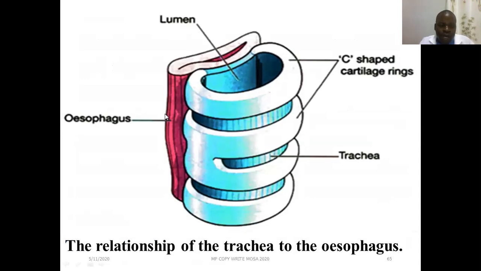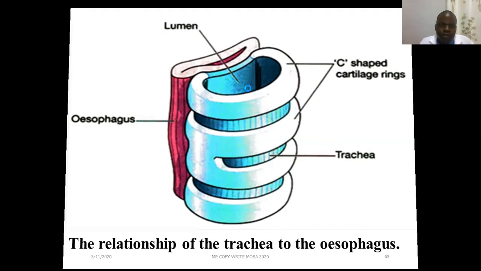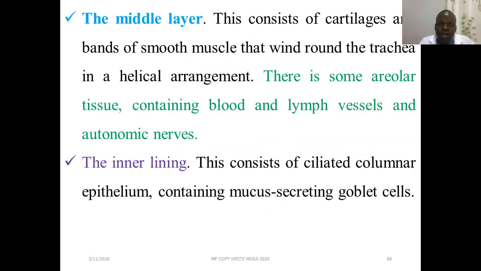So you can see that that is the lumen of the trachea. You have the esophagus. This esophagus, that's where food passes. And this is for air. Then you can see that this is the trachea. These are the C-shaped cartilage rings which we described. They are in the form of a C. The middle layer consists of cartilage and bands of smooth muscle that